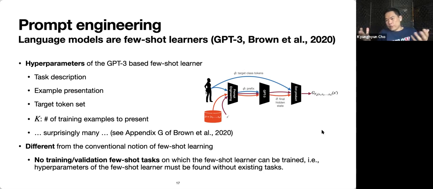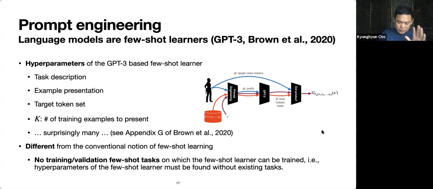Which I thought at least were necessary in order for us to get a good few-shot learner eventually. So this is very interesting, both interesting and also a bit, this is the kind of thing that makes me a bit skeptical. So that's why we decided to delve deeper into it.